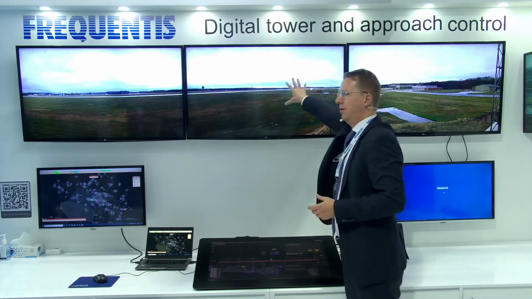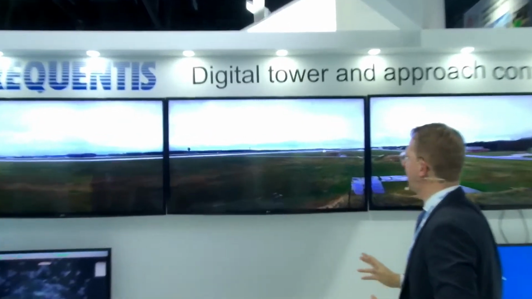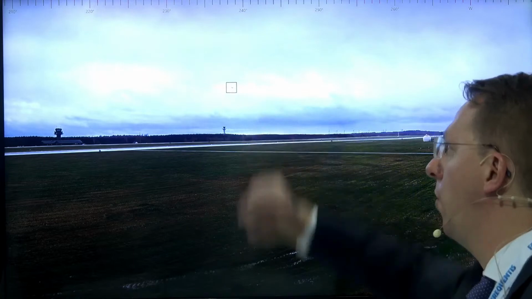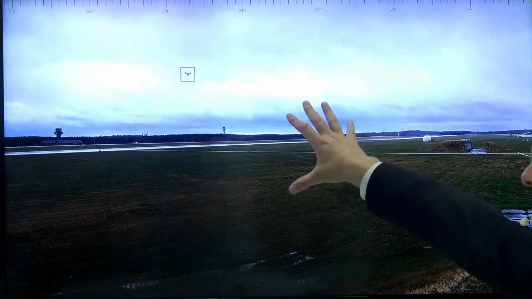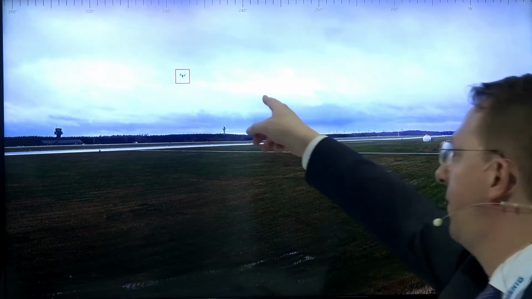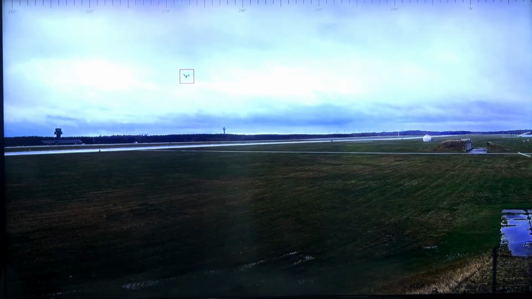What you see here on the middle screen is that the system automatically identifies all moving objects, including a small drone, for example, and the system is immediately in a position to identify the threat and to bring the situational awareness of the air traffic controller to the specific threat by marking the drone with a red bounding box. This is an additional safety feature of our system.